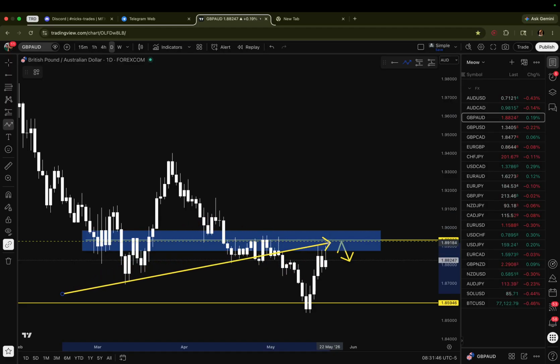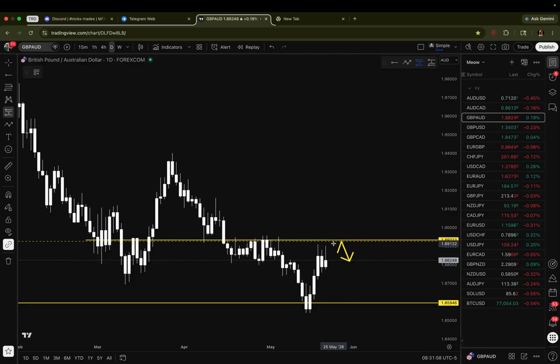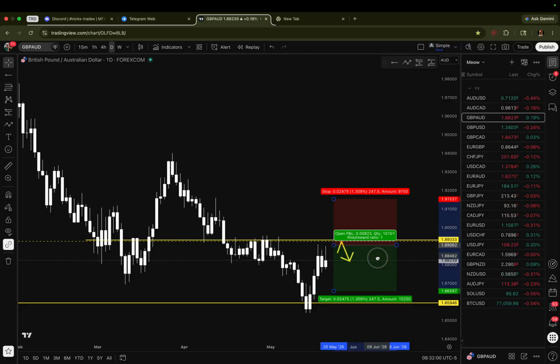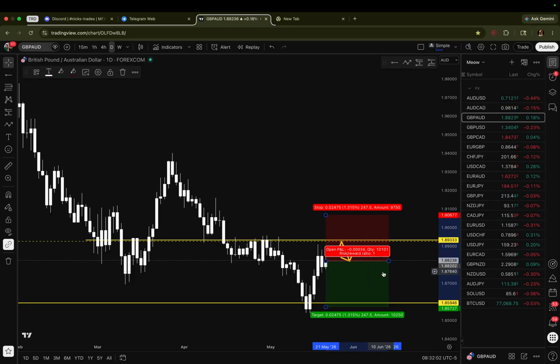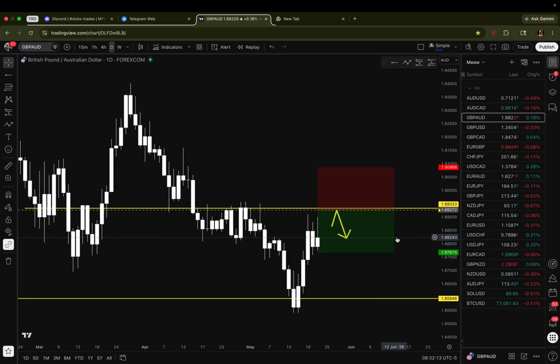And now if we come back in here, all I'm saying is that it might bounce there. And if it does, we've got a really good way of controlling risk. We've got a great way of structuring our trade. So the idea would be that it gets into the zone. We can sell somewhere around the zone, right? We don't want to sell down here because then it screws up the risk structure. But if we sell up here at the zone and have a stop just past the zone, something like this, and then a take profit of 1-to-1 risk reward ratio, then this gives us a really great trade